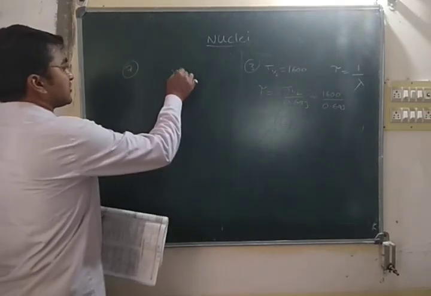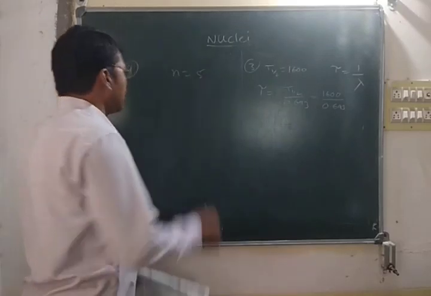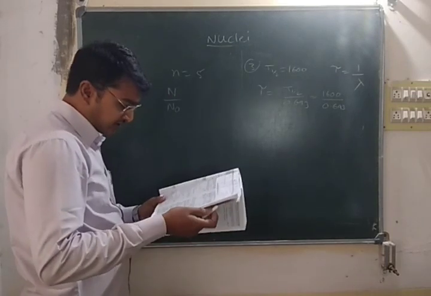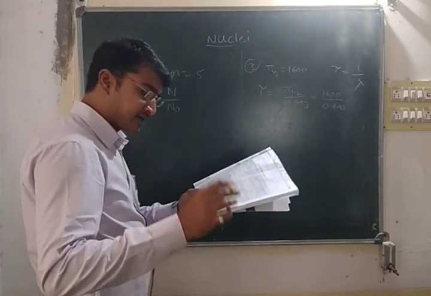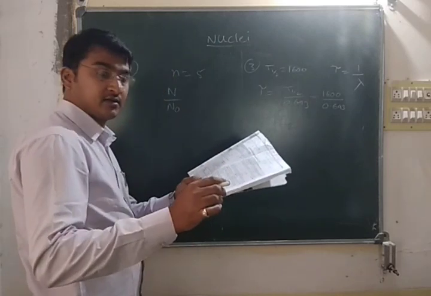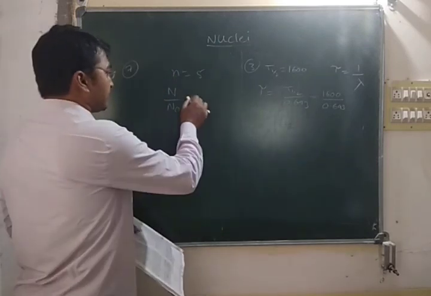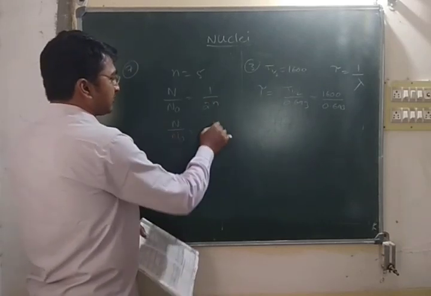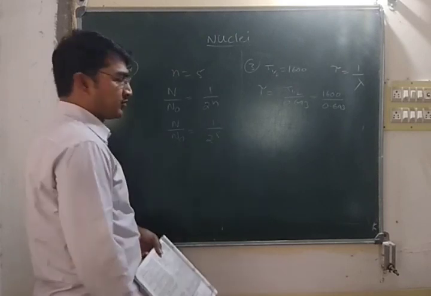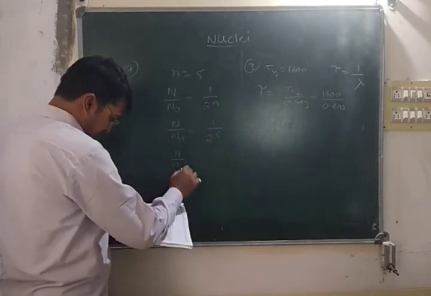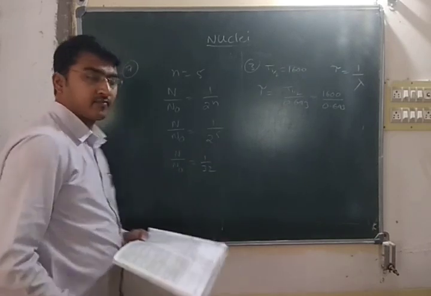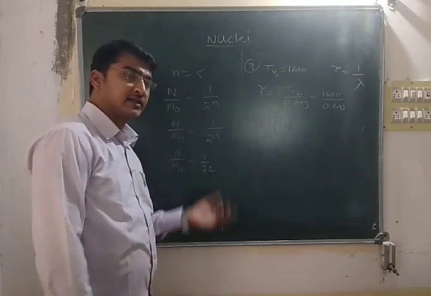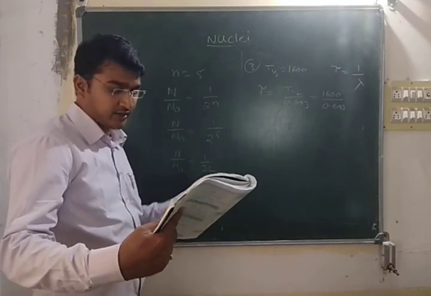So first, n is equal to 5 half lifetimes. What is the percentage I want? N by n naught or m by n naught, mass percentage? They have not mentioned any mass or something. What percentage of original radioactive atoms is left, remains, that means left, is equal to 1 by 2 to the power of n. N by n naught is equal to 1 by 2 to the power of 5, that is 32. N by n naught value comes to 1 by 32. Okay, so this is what remains. So for percentage, multiply by 100.